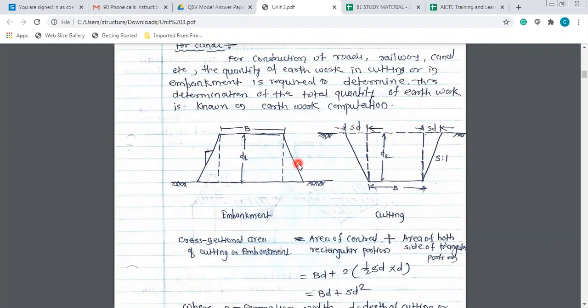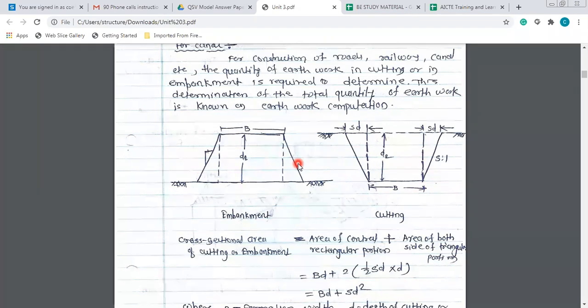Problems are there. One may ask a problem of 8 marks. Please remember, if there are no short questions on unit number 3, then definitely there is a single question of 8 marks, and that single question is on the problems related with the quantity estimation of the road work, that is determination of the earthwork for a road cross section by using the data. So everyone must write down whatever we discuss in this session as far as road estimation is considered. The first part is calculating the earthwork quantity.